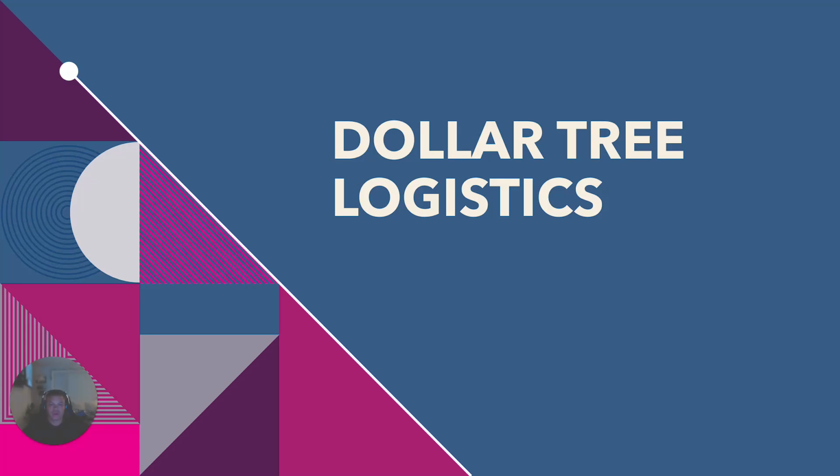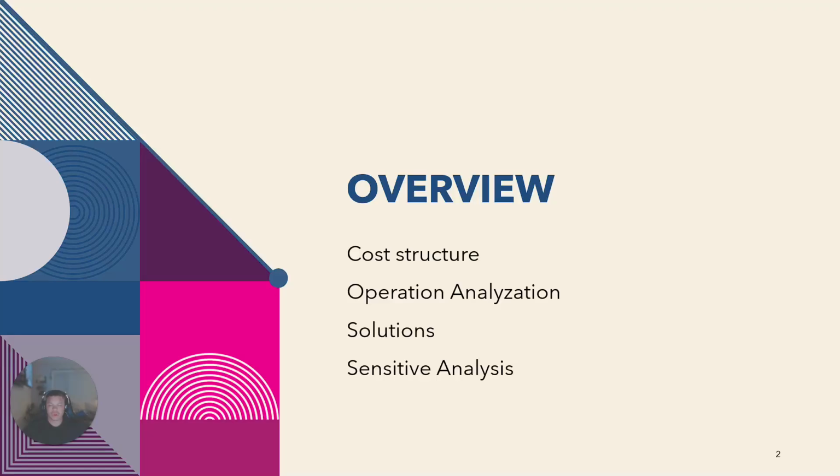All right, so we are back with another case. This is the Dollar Tree Logistics case, and we're going to get into some new material that we've learned from the course. A bit of an overview. We're going to cover cost structure, operation analysis, solutions, and sensitivity analysis for how we will determine if a company